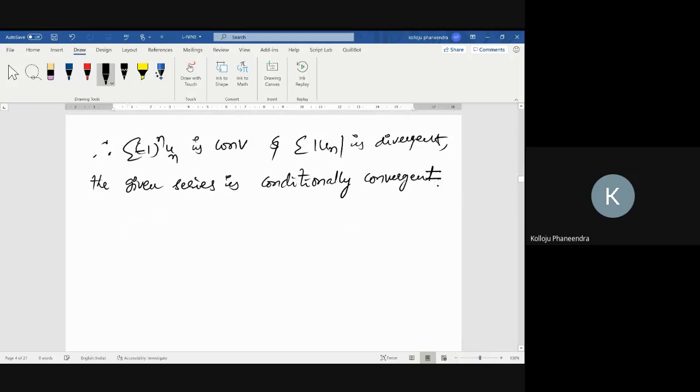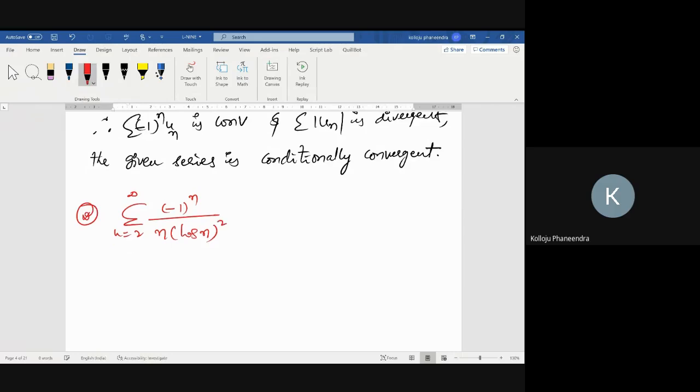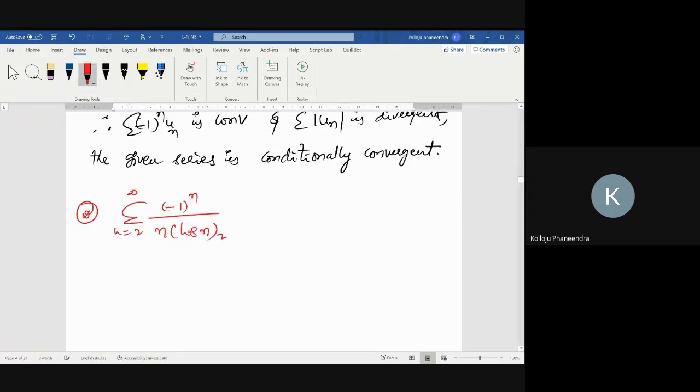And next one, take this limit, n equal to 2 to infinity. Take this logarithm problem. Already we did it in the integral test, whole square. Now alternate series, that's it. Solution: